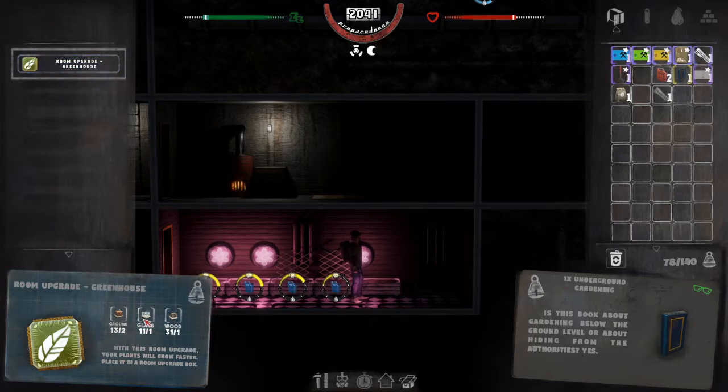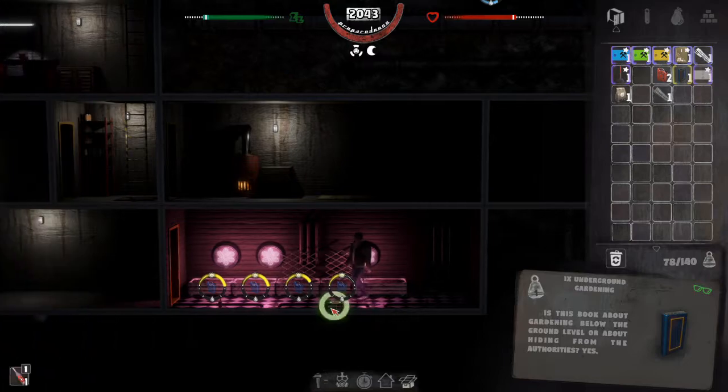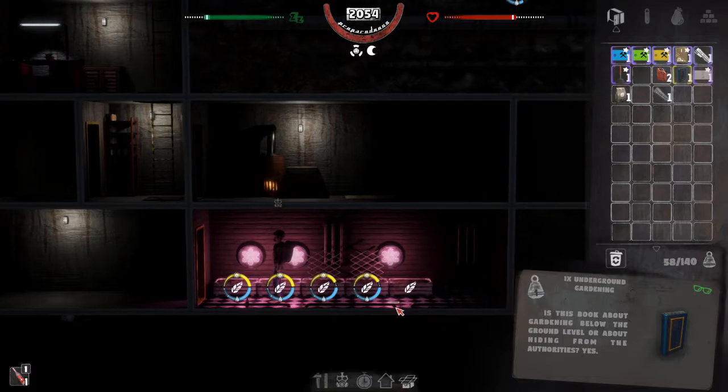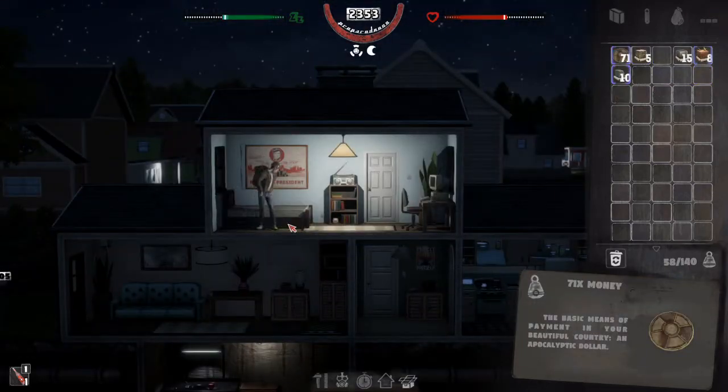So room upgrade greenhouse. So this is a greenhouse, yet we can't plant the oranges. But don't worry, you will not have that problem. You'll go to your workbench, create a greenhouse and put it into your greenhouse room, and you will then be able to grow whatever you want and eventually deconstruct all of your planters. Anyway, let's skip forwards. It's the end of another day, and we'll go on to...